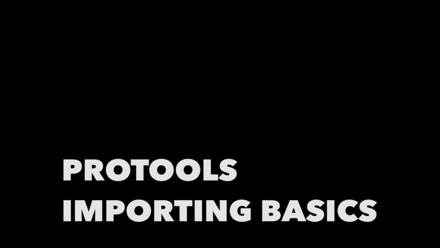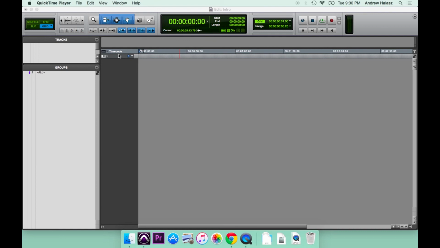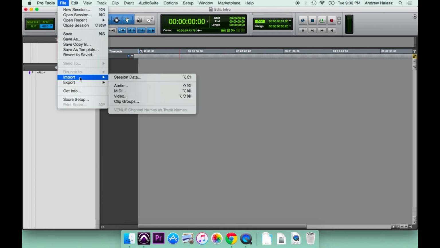This is an overview of the basics of importing sounds into Pro Tools. Okay, we're going to import a sound into Pro Tools. Go to File, Import Audio,